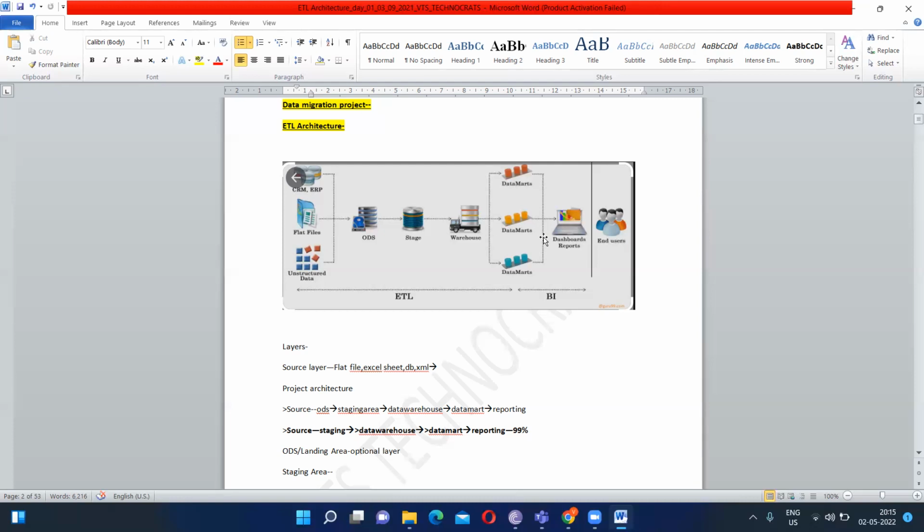So data mart is a part of the data warehouse only, a subset of the data warehouse. That means, guys, the data warehouse is a huge database. Now what happens in data mart? We will divide it area-wise. Suppose a company is there, any company XYZ, Infosys is a company. Now the entire data of Infosys will be in a data warehouse. Now what is data mart? Then data mart will have separate